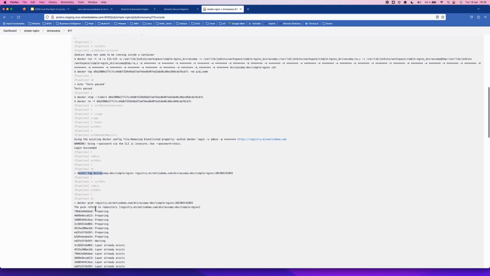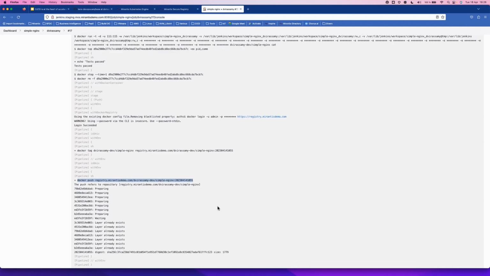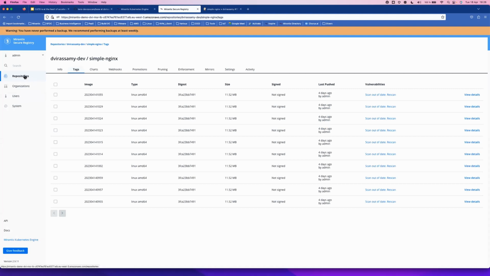You tag that image first, and then once this is tagged, you push that image, right? And as I said, once you push that image, what you want to do is scan that image. For this, we have various options. If you look at Mirantis Secure Registry in the repository,